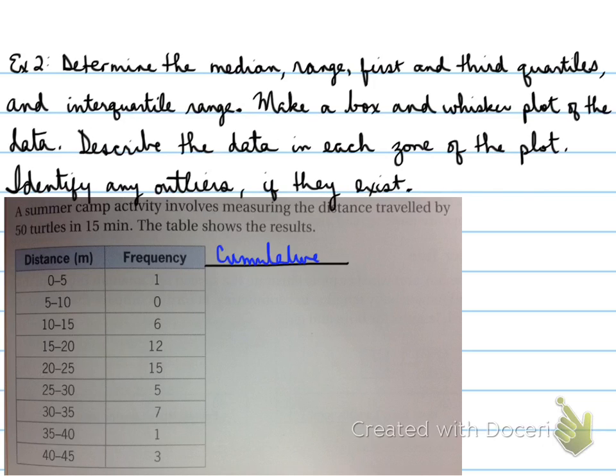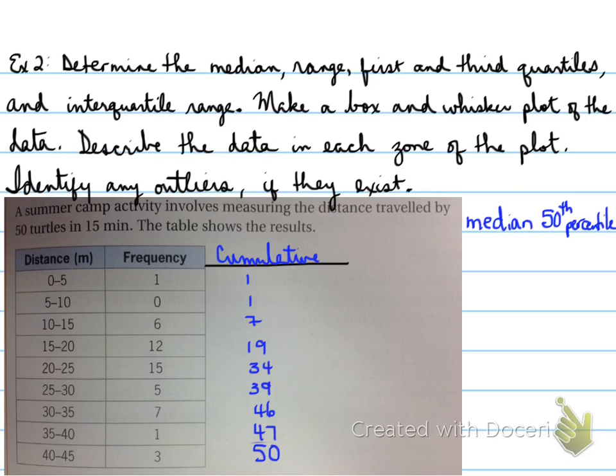Now, what you have to do is determine the cumulative frequency to make sure that we have all our data. So we have 50 pieces of data, folks, and that is the total number of turtles. So this information matches. We're not missing any information. But what we need to do is find the middle, the median. The median, because this is ranked in order, will be the middle value. The middle value is calculated by taking the cumulative total, which is 50,